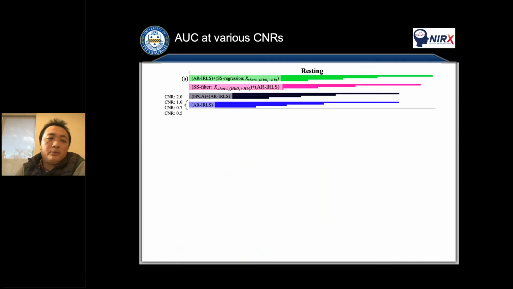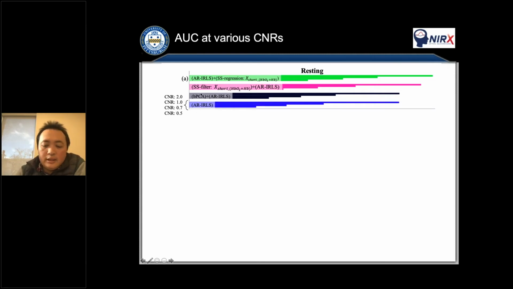So what happened when, because in the ROC we can set the contrast to noise ratio. For the previous slides, every slide, we use 0.7, because in our experience in other data sets, 0.7 is the contrast to noise ratio in our typical study. The contrast to noise ratio is defined as the peak magnitude of the evoked response to the standard deviation of the oxy and deoxyhemoglobin.